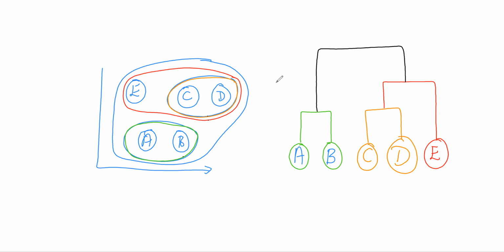So I'm going to write it in the form of a dendrogram. This is something very, very important. What is a dendrogram? How do you construct it? Basically, A and B are similar, they form a cluster. C and D are similar, they form a cluster. Along with that, there is one more part, C, D and E, because E is a data point very close to them. So we start forming that as a new cluster. Finally, all of these form one particular cluster. So this is basically how you represent a dendrogram.